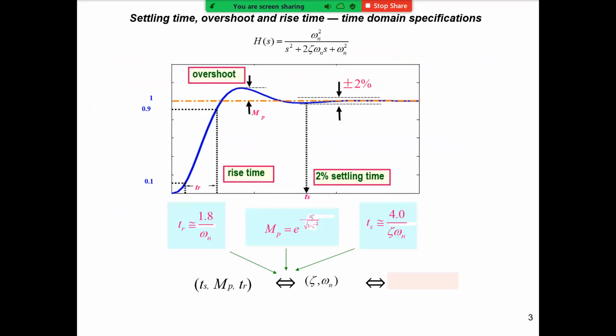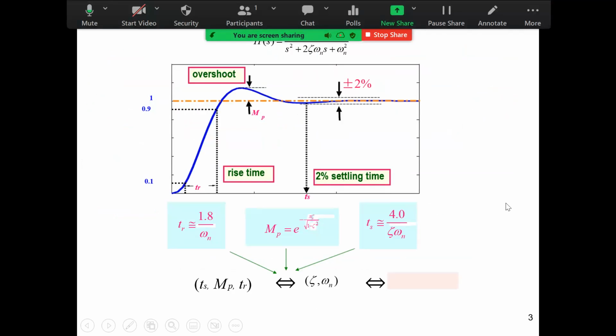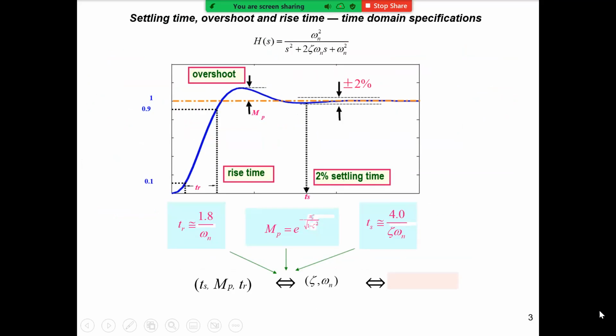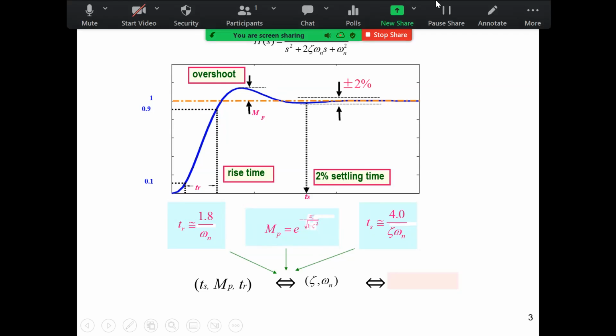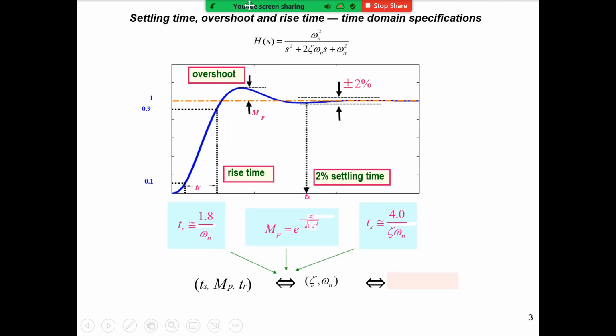Okay, so many times those requirements are specified very easily from the step response. Okay, and if a system is a second order system, actually you have this formula. Those are theoretic formulas relating those step response indicators to the damping ratio and natural frequency. Okay, once again, so I think for the settling time, this one is